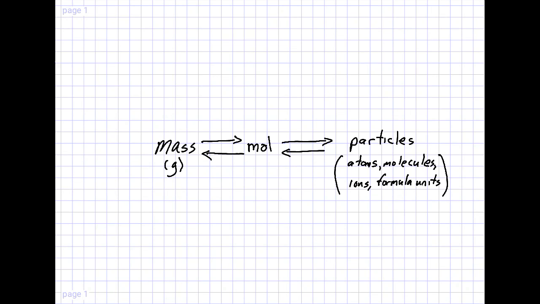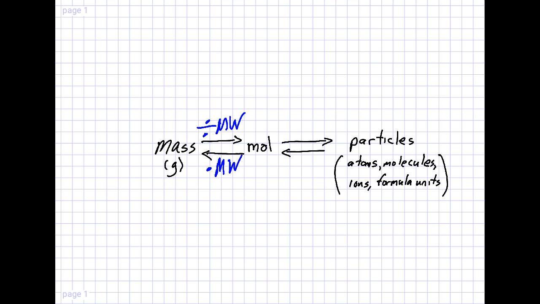Let's go ahead and start a review on mass to mole conversions and moles to particles conversions by looking at the roadmap that we've used previously. So recall that whenever we're converting between mass and moles, we need to use the molar mass to make these conversions. So if you're going from mass to moles, you're going to have to divide by the molecular weight. So we're able to cancel out those units of grams and obtain units of moles. Just like if you were to go from moles to grams, you're going to have to multiply by the molecular